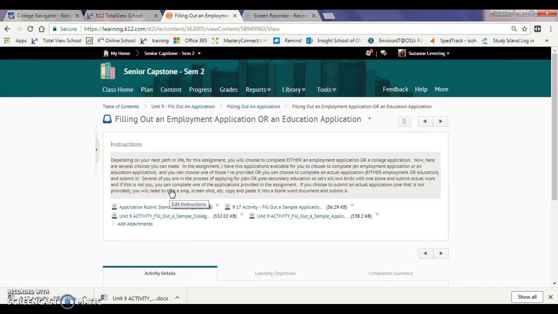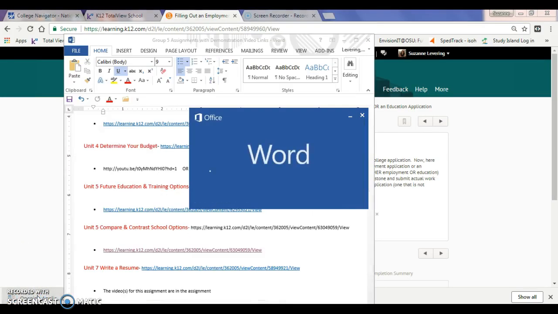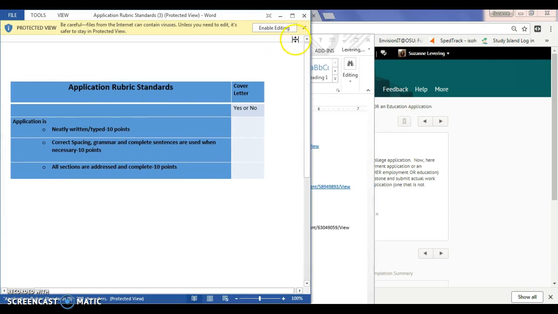If you choose to submit an actual application, meaning one that's not provided, you'll need to take a snip, screenshot, etc., copy and paste it into a blank Word document and submit it. So first I want to point out to you that here is a rubric. So here is the rubric for